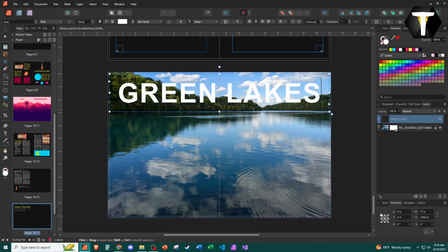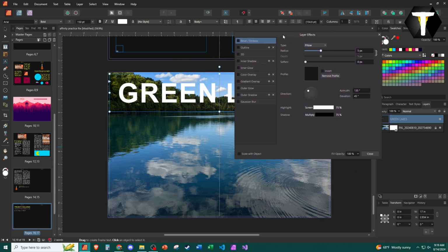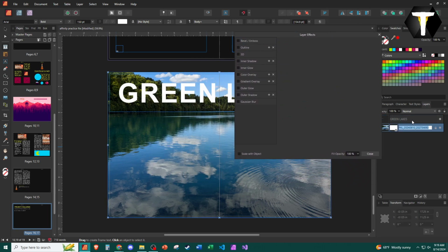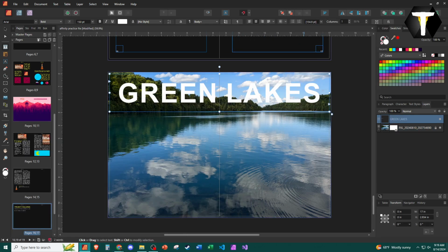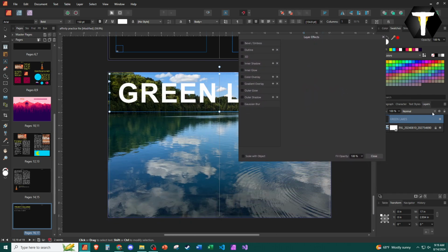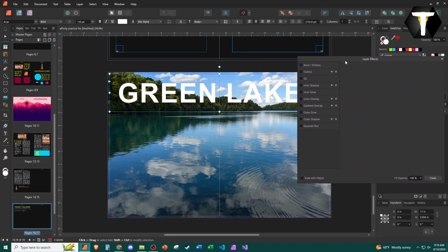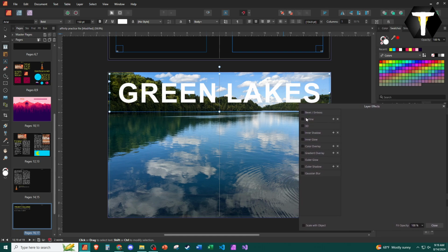And okay, so here's where we're going to get into some FX. So I have my text layer selected. I can flip back and forth if I wanted. In fact, I might even desaturate this image if I wanted to, or dial it up, but I'm not going to get into that. Make sure that your Green Lakes text is selected. Get the box to the point where you can see. And we're going to do, I think first, and this is where it's up to you,